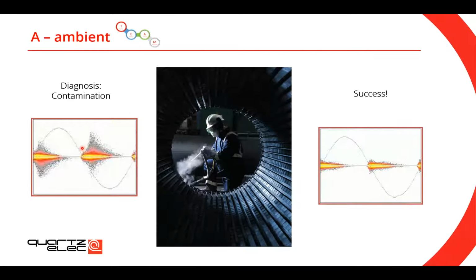And just to show you the influence of contamination, have a look at this slide. On the left hand side, you have a partial discharge pattern that was taken right at the beginning of the generator outage. Look how high it is. Then during the outage, our engineers performed cryogenic cleaning. And at the end, we repeated the same partial discharge test. And you can see a major difference in PD value between this graph and the graph on the left-hand side. So yes, contamination will impact your insulation and partial discharge.